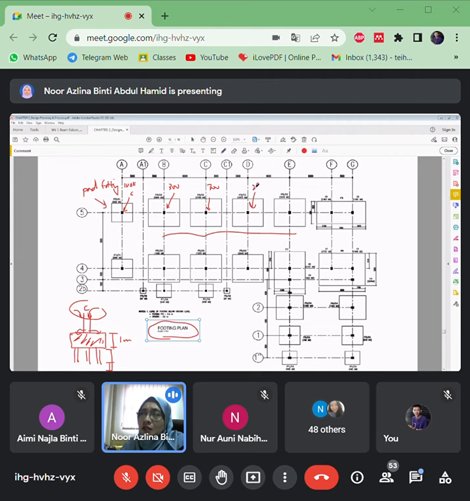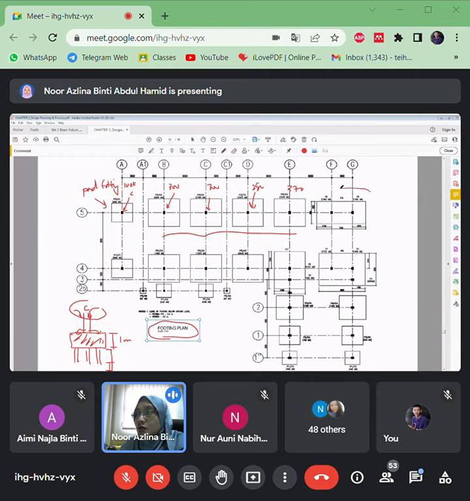Let's say this is 250, this is about 370. You might decide this point here can use the same pad footing. So this is how you decide to ease the others' jobs.